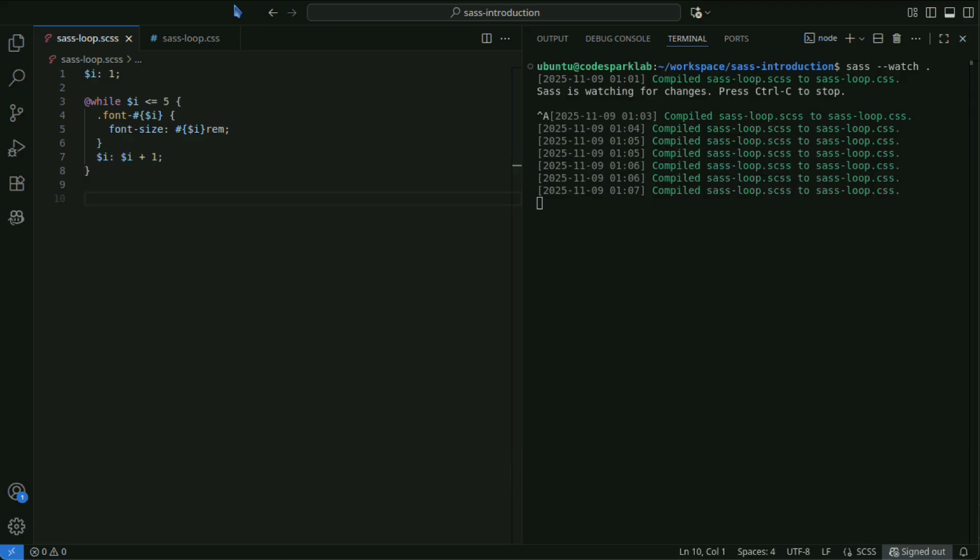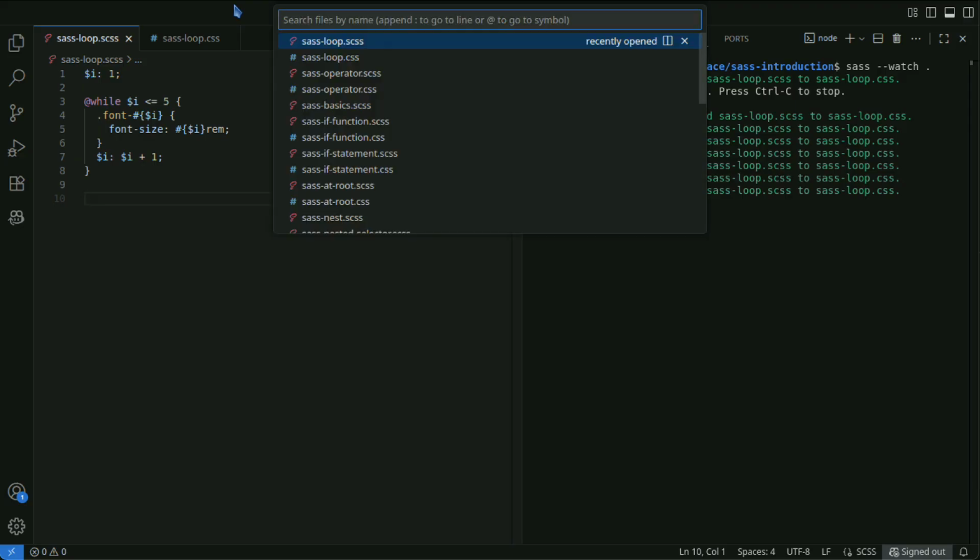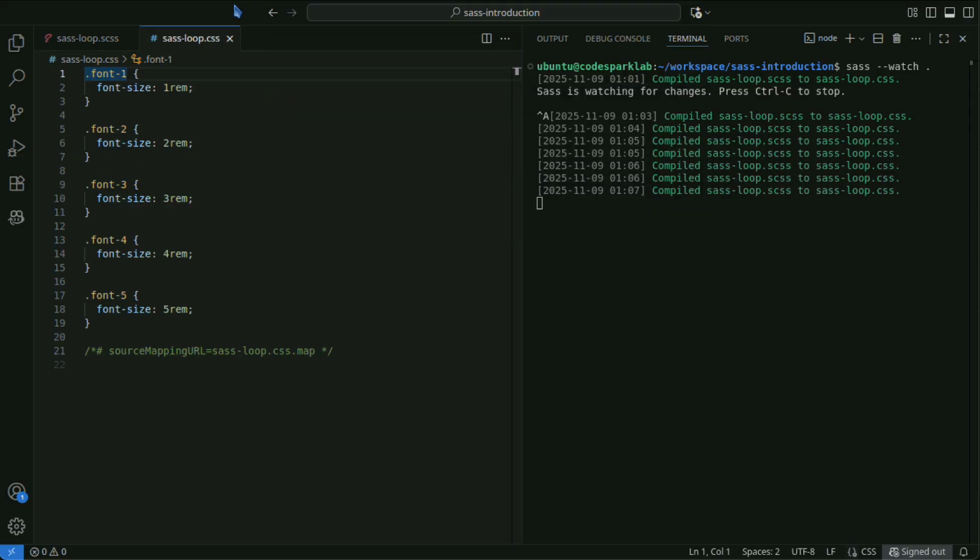You can use the @while directive for iterative processing when increasing font sizes in steps. By using the variable $i, classes are automatically generated for values from 1 to 5. When the SAS file is compiled to CSS, classes with font sizes incrementing from 1 rem to 5 rem are generated automatically.